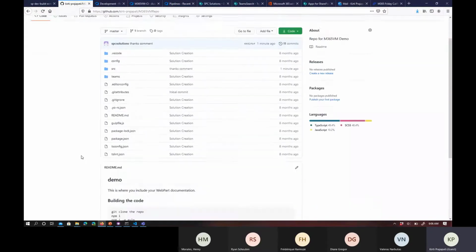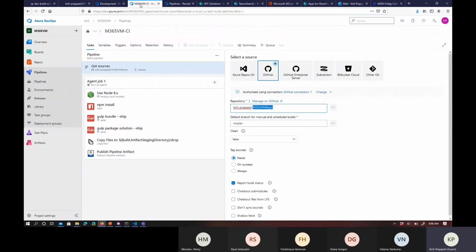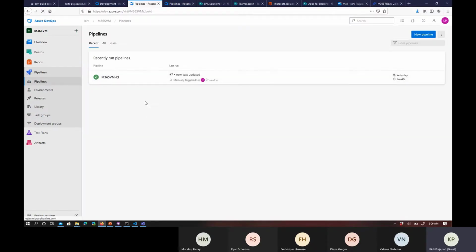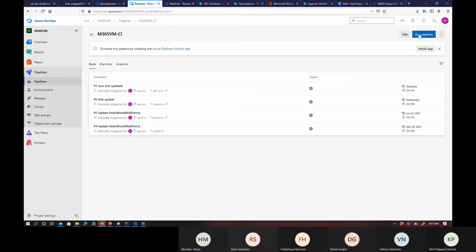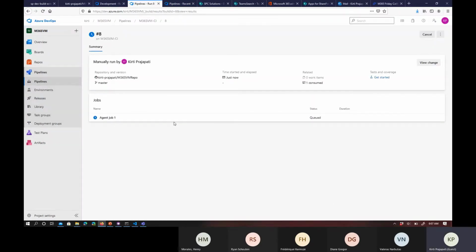Yeah, so once the code is available, then we can move to this pipeline now. I'm moving to this pipeline, opening it and running it. Run pipeline, click on run. As of now, I'm doing everything manually so you understand how this process works.